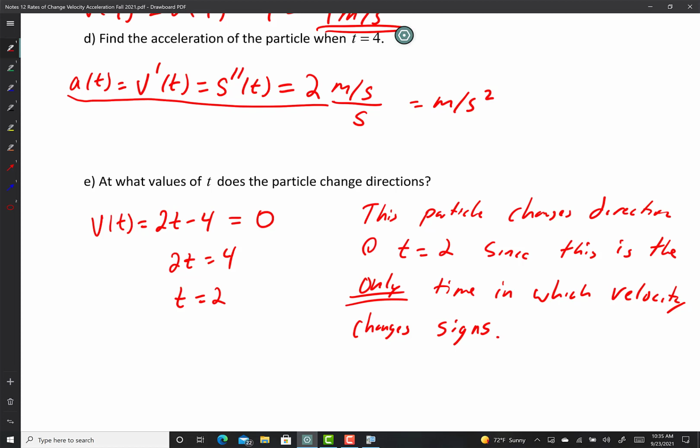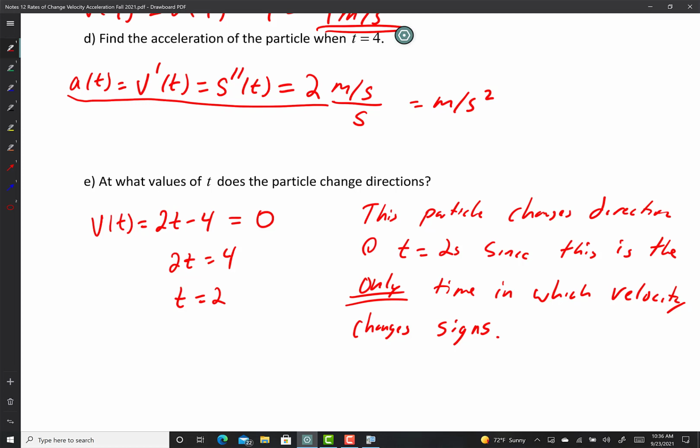To the left of t equals 2, my velocity was negative. To the right of t equals 2, the velocity turns positive. Because it crosses 0. Because the velocity graph crosses 0. Yeah, but notice that we didn't show the graph. But we okay. Yes, 2 times 2 is 4. 4 minus 4 is 0. Right? Yeah. The particle changes direction at t equals 2 seconds, since this is the only time in which velocity